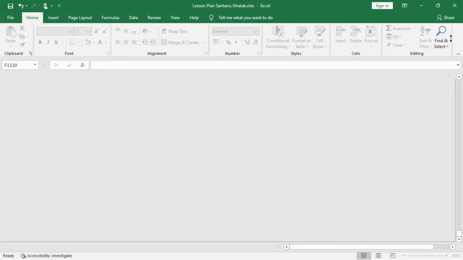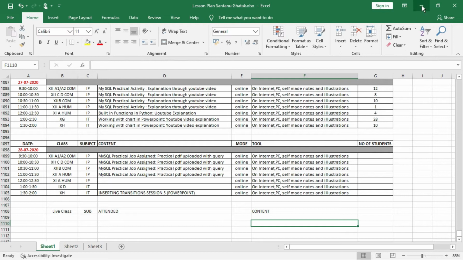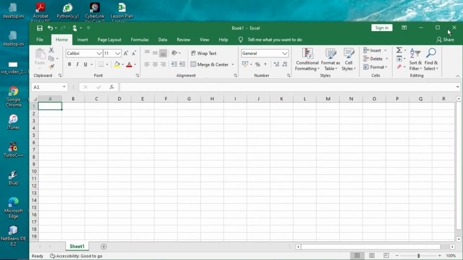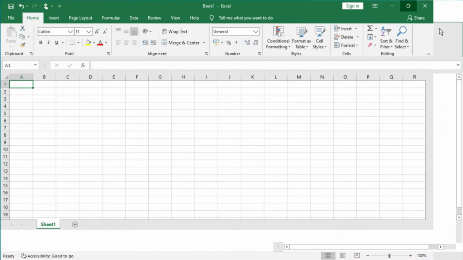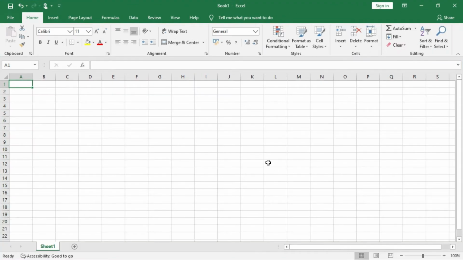Yes, Excel has been opened. Sorry, this was not the one. This is the workbook that we will work on. Okay, fine. So now you see that this is the title bar, Book1 Excel. It has not been saved, that's why the name is appearing as default. Fine. So these are the grid lines, and this is the work area, this is the mouse pointer, and this is the cell pointer. You can see it out here, and this is the autofill handle.